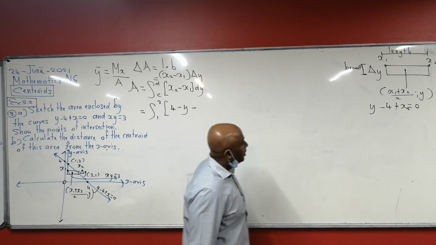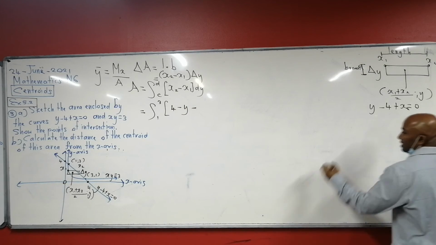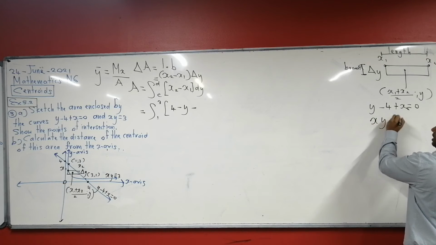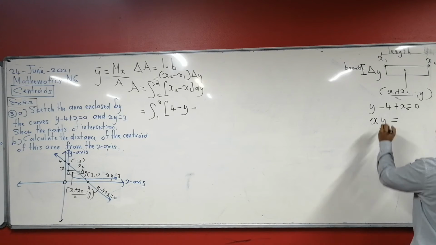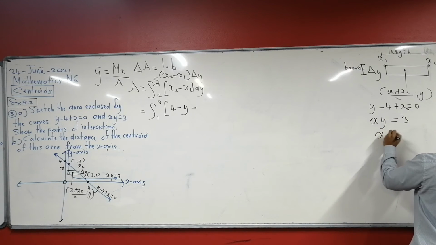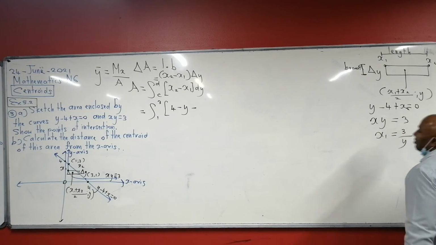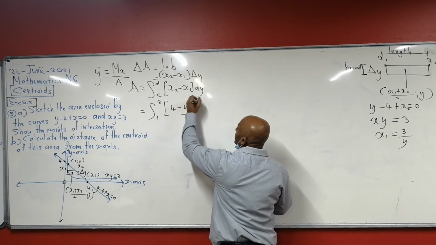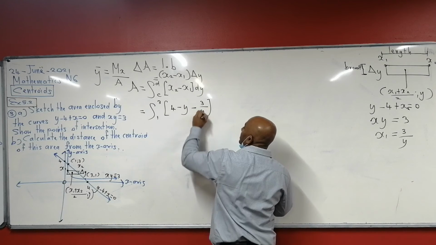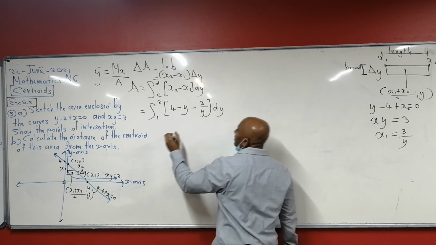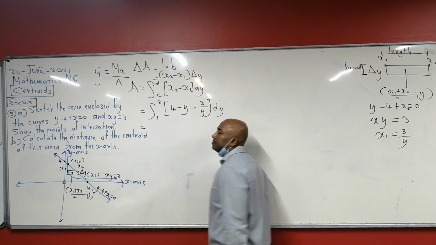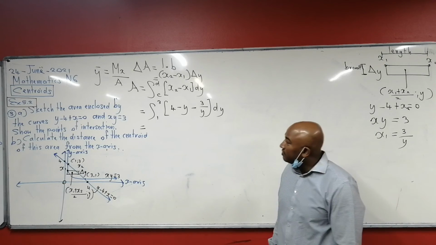Minus x1. So remember that xy is equal to 3. So x1 is equal to 3 over y. So there's my 3 over y there, integrating with respect to y, and the integration now, the final part is